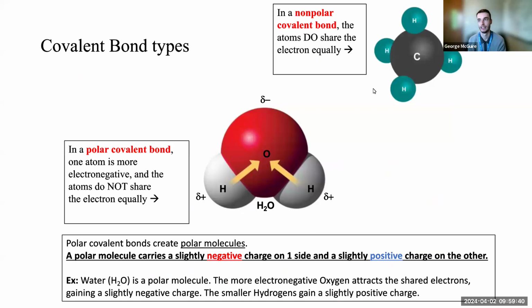So here we go. When elements are sharing their valence electrons, that is referred to as a covalent bond. We have 2 main types of covalent bonds. Again, covalent is defined by the sharing of valence electrons. But a covalent bond can either be polar or non-polar, depending on how those electrons are being shared. Like I said, oxygen is really greedy with electrons. It's very electronegative. And so especially when it's bonded to a very small and weak element like hydrogen, it is going to pull those electrons closer to its nucleus